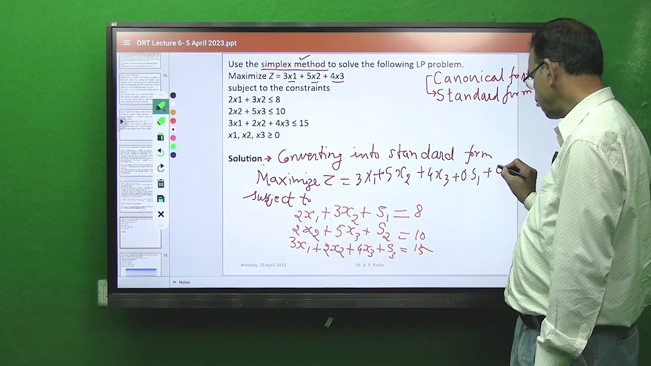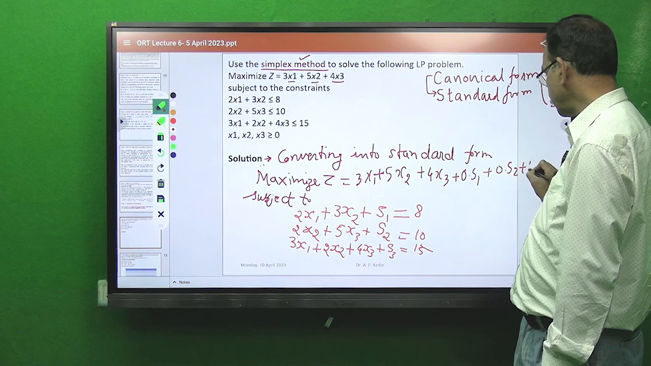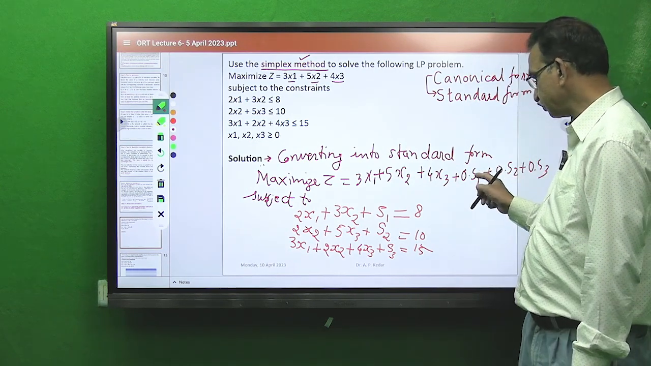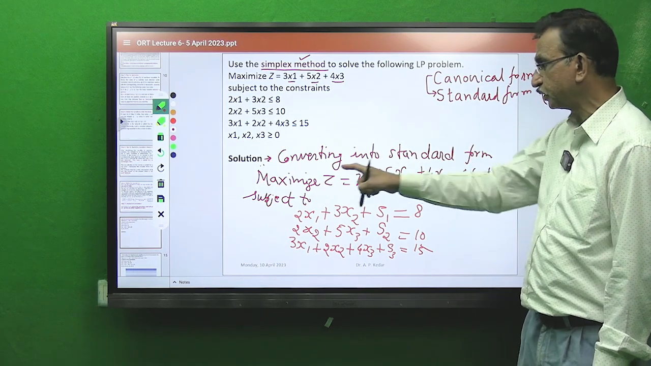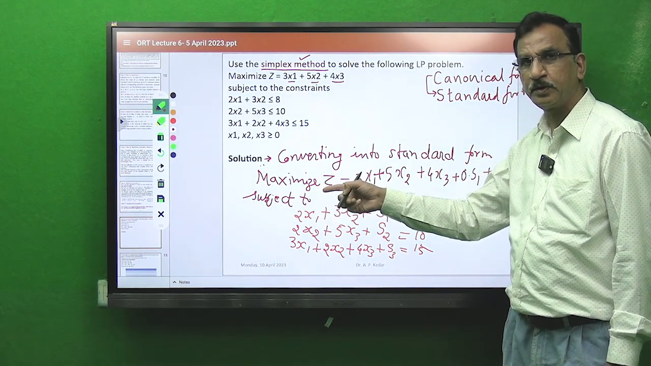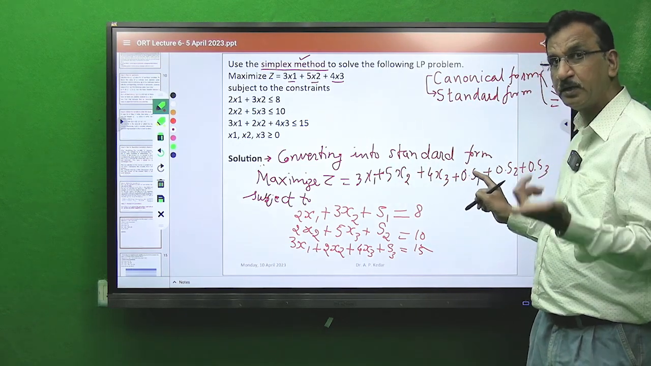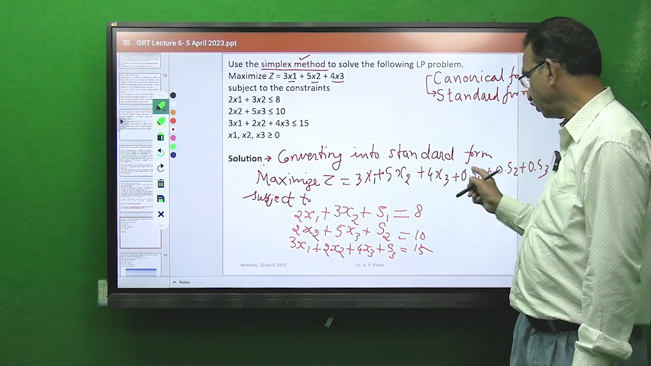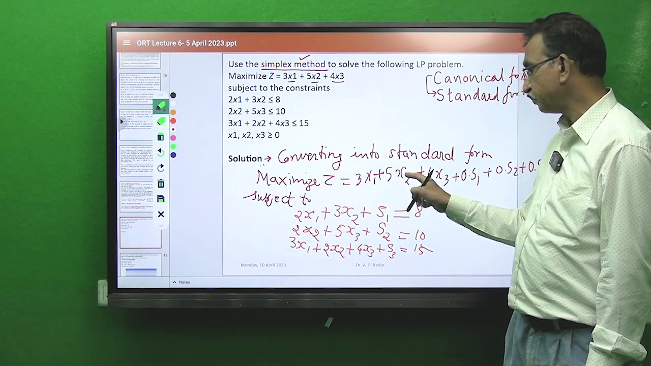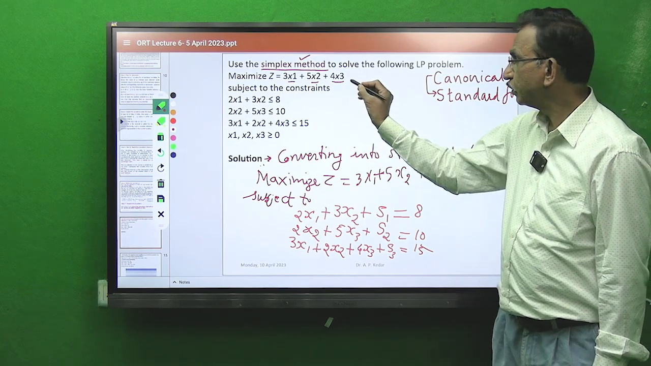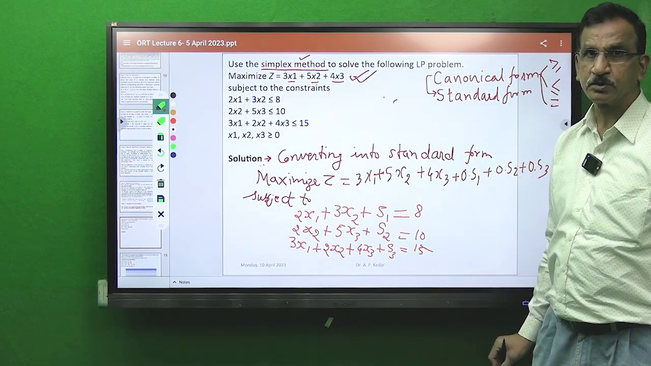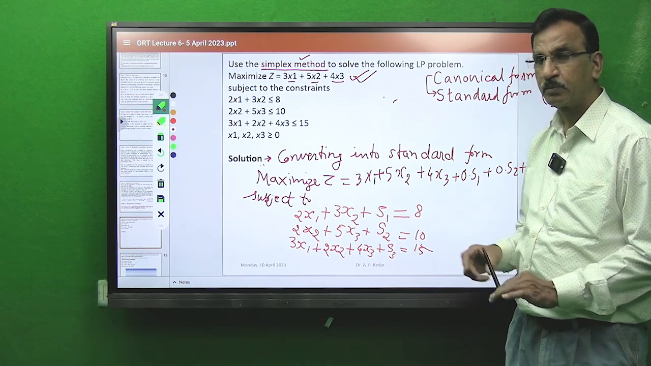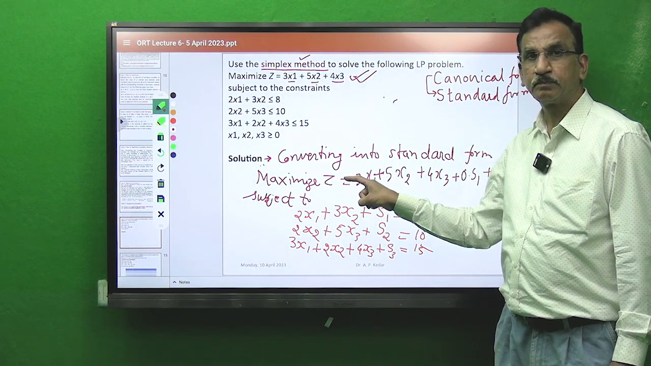Similarly 0 into S2. Similarly 0 into S3. So what will be the net effect of this S1, S2 and S3 in the objective function? Maximize, suppose it is profit, will be 0 multiplied by any quantity will yield 0. 0 plus 0 plus 0, total will be 0. And if you add all these 0 into this 3x1 plus 5x2 plus 4x3, it is the original maximize equation. So even if you convert it into standard form, there is no harm to objective function in